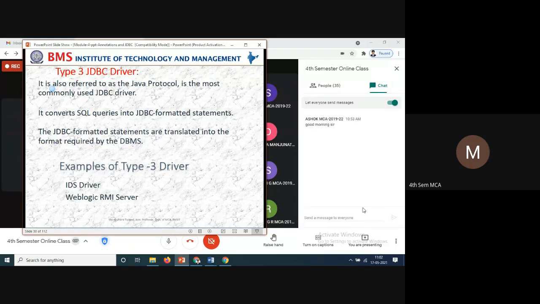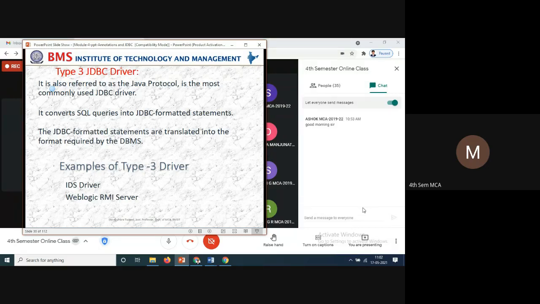So IDS drivers are required for this type 3, and another thing required is the WebLogic RMI server. These are the 2 things required for type 3.